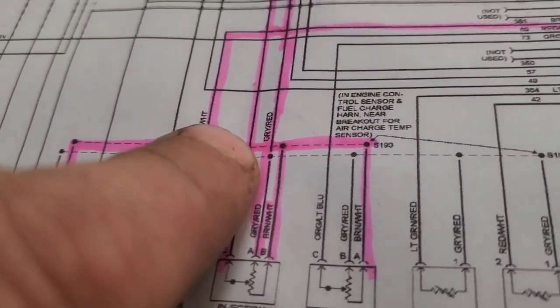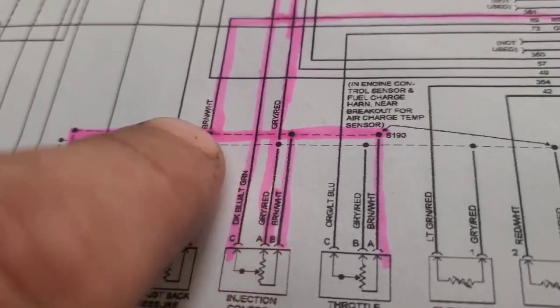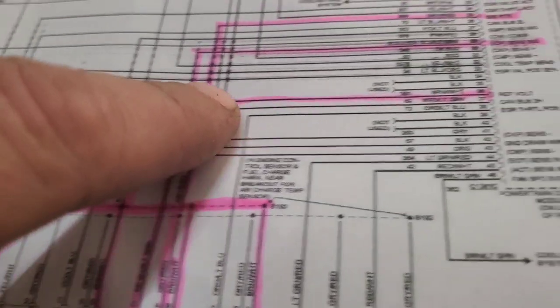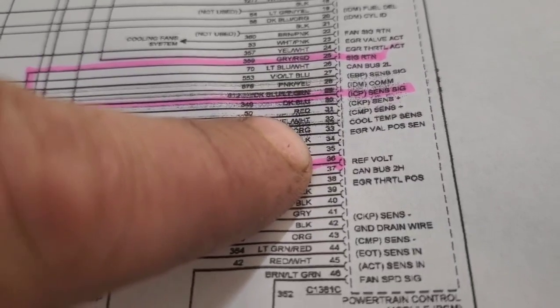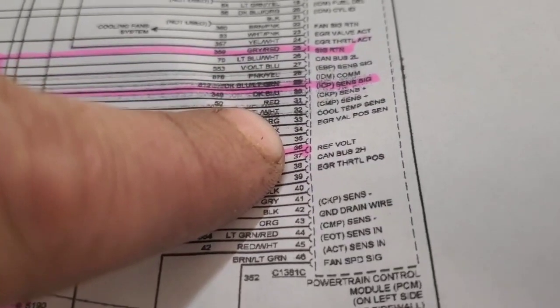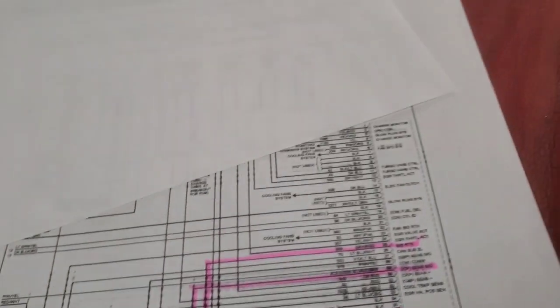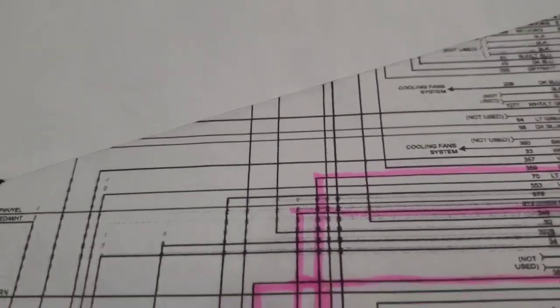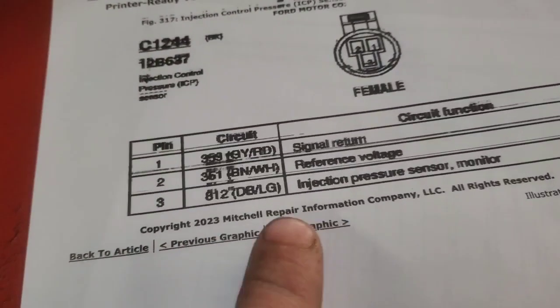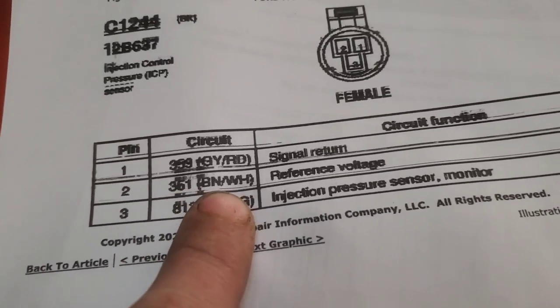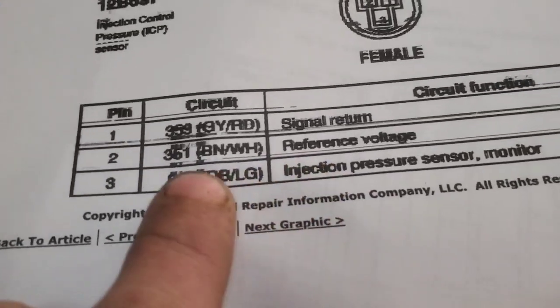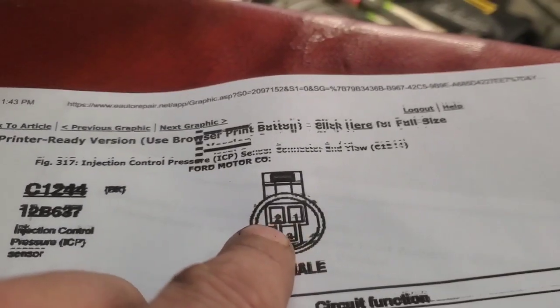So you've got this brown and white wire right here going up into pin 36 of the PCM for your reference voltage there. So what we want to do is make sure that this brown and white wire